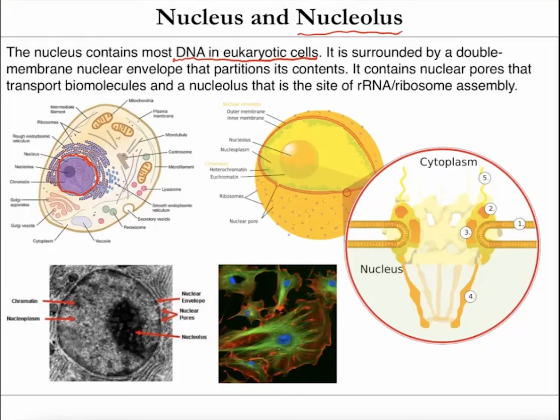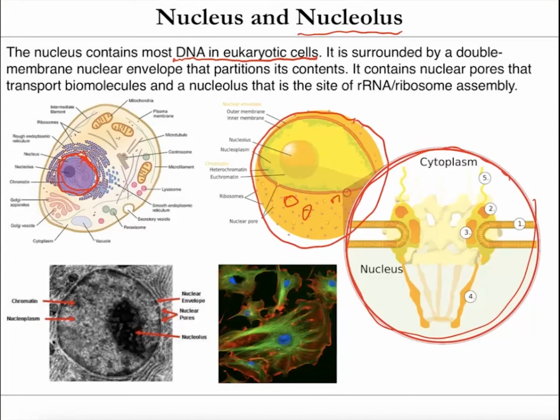However, certain molecules, especially stuff like RNA, need to be transported out of the nucleus to undergo translation. And so that's where these nuclear pores come in. So here's a spherical picture of the nucleus. Right here you see it as flat, but it would actually be something like a sphere. And you can see these little pores that are in the nuclear membrane, and these are very important. And here's a close-up. And that's really important to get materials in and out of the nucleus.